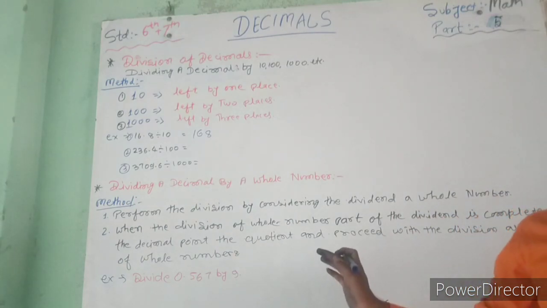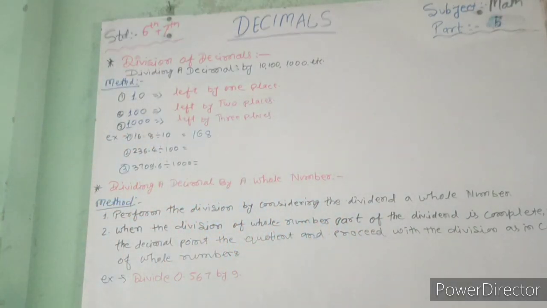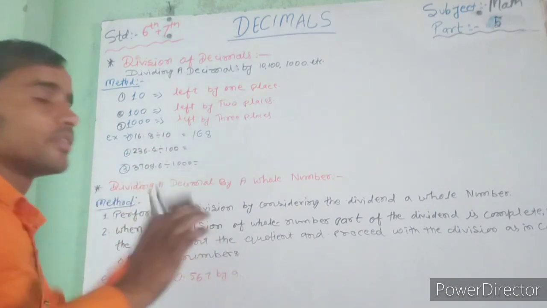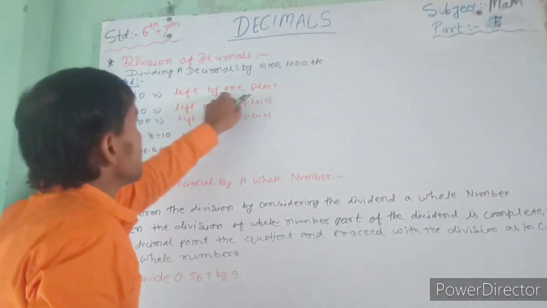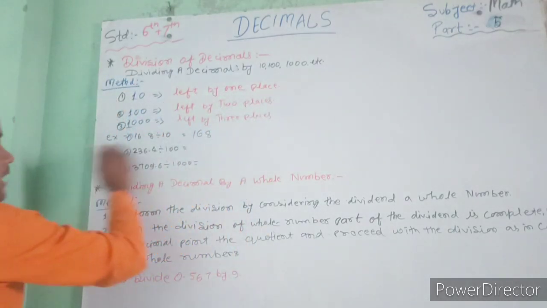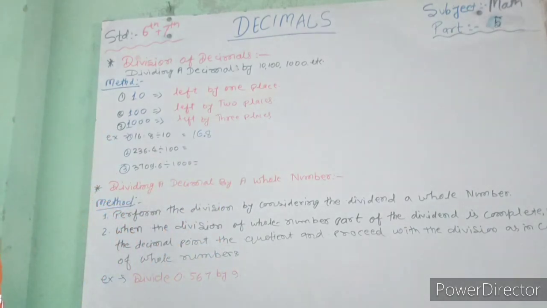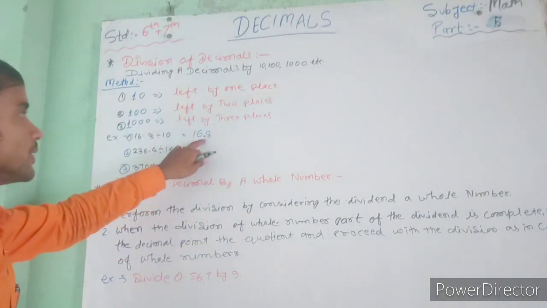Okay, my dear students, you see. Firstly, you divide with that number. It means write down 168 first. And what does it say? Move left one place. You go in that side, one place, and that's your answer. For example, 16.5: you go to the left side by one place, and that's your answer.